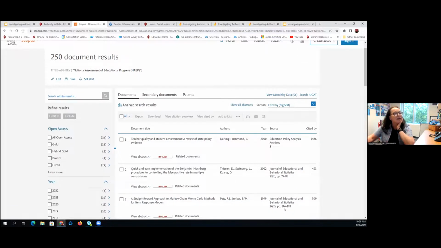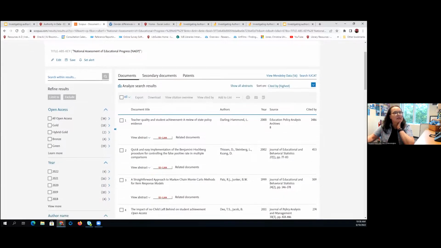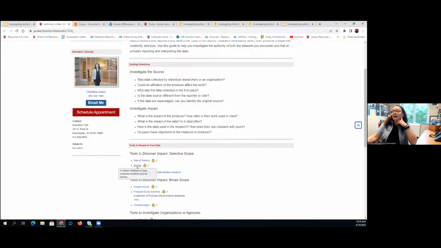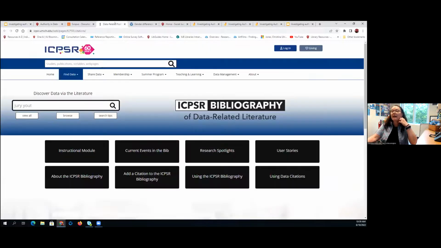And so that was one that I led the students into looking at when they would investigate their data set. I directed them to Google Scholar, but it's a little harder to sort and get to that granular level of impact. So we used Scopus, and that's what I would recommend using there. We also had Web of Science, and then we talked about ICPSR as another way to investigate the impact of a particular data set.